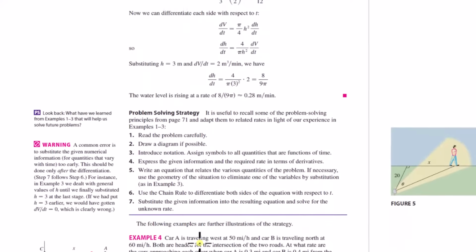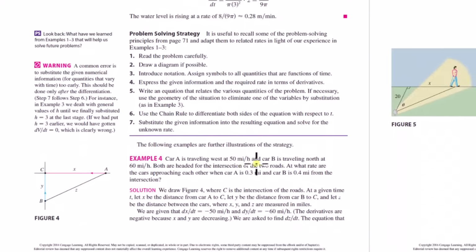Okay, car A is traveling west at 50 miles an hour, and car B is traveling north at 60 miles an hour. Both are headed for the intersection of the two roads. At what rate are the cars approaching each other when car A is 0.3 miles and car B is 0.4 miles from the intersection? Yeah, so here we go. I think this type of problem would screw me up. So what I would do is